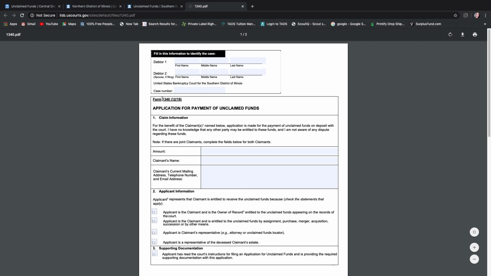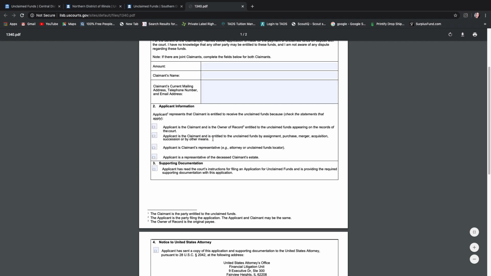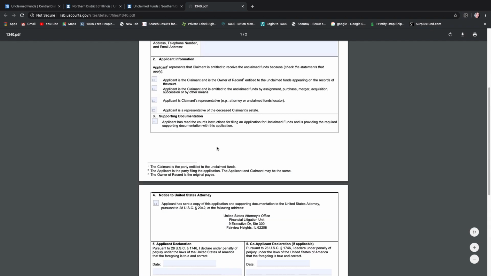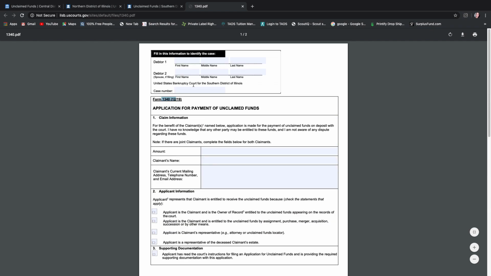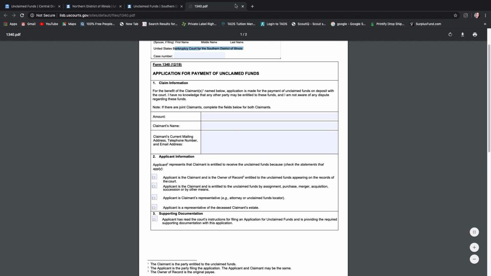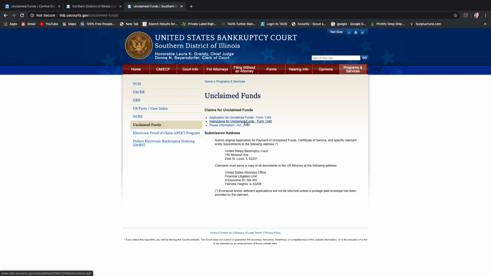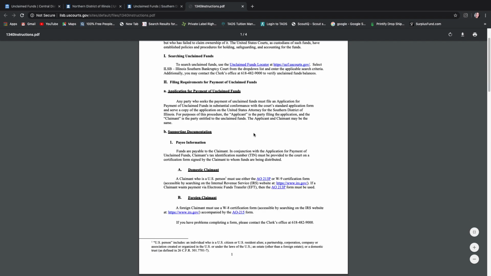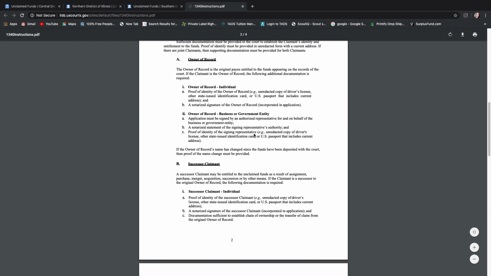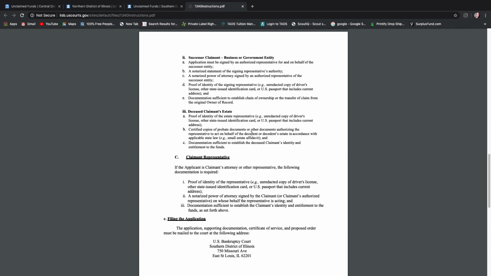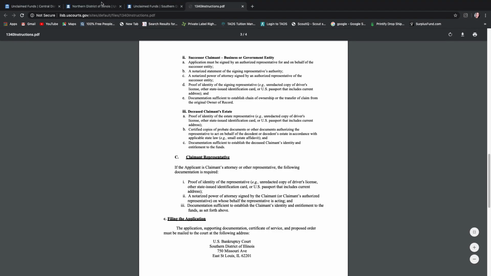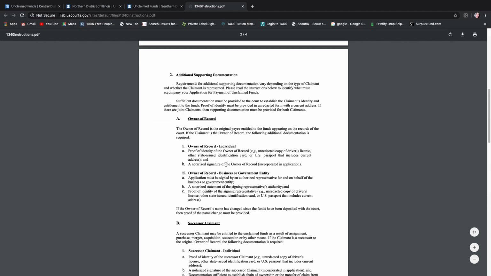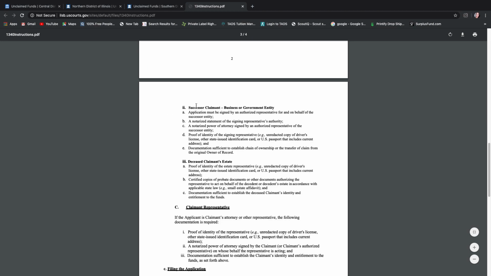It looks like they need the official form. As you keep seeing this, it's repetition now at this point. This is what they're using. This has already been filled in for you. You would have to fill in the rest and just sort of plug in everything that's missing. This is the instruction package for this district, and you would just read through it. This one doesn't appear to need that extra notice of motion that the Northern District needed. So this is similar to the Central District, where they just need the form and you just file it in and maybe the supporting documents, and that's it.